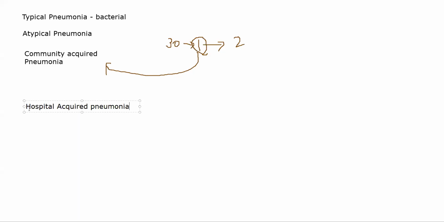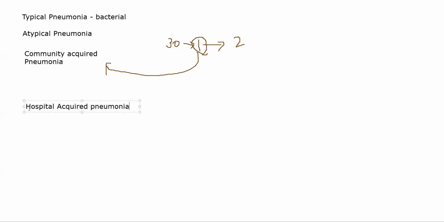Right? Now, atypical will generally be through fungal. Normally, Histoplasma capsulatum will cause it. So will Pneumocystis jirovecii. Okay, these two are the common ones. It will cause Pneumocystis type of pneumonia. All right. Coming to community acquired pneumonia, this can happen through several organisms. One is MSSA, methicillin sensitive Staph aureus, Strep pneumoniae, Haemophilus influenzae, Mycoplasma. The same organisms that can cause bacterial pneumonia will cause community acquired as well.